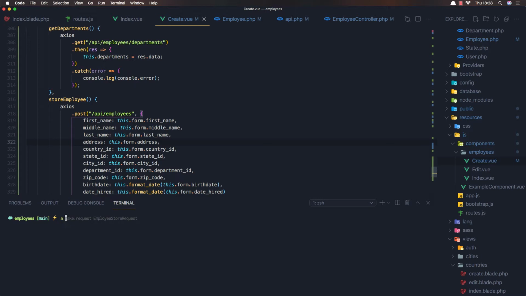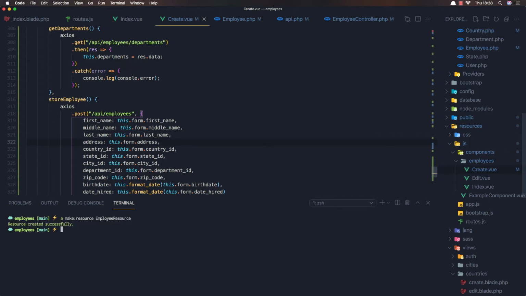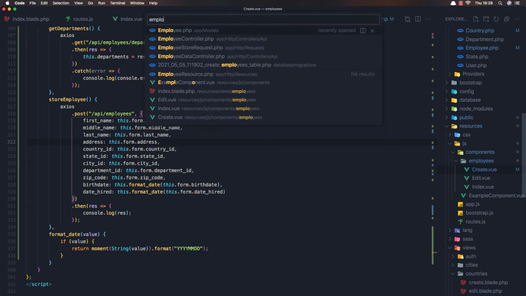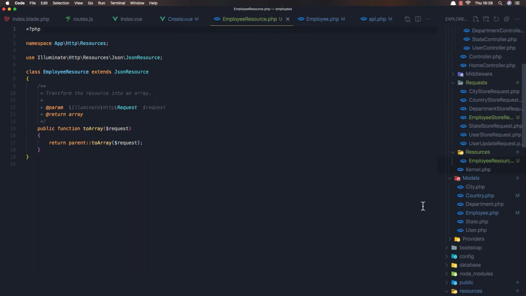Okay, I'm going to create a resource, so artisan make resource employee resource. Okay, and go to the employee, open that employee resource. Yeah, and here I'm going to return an array which is, for example, the first name,